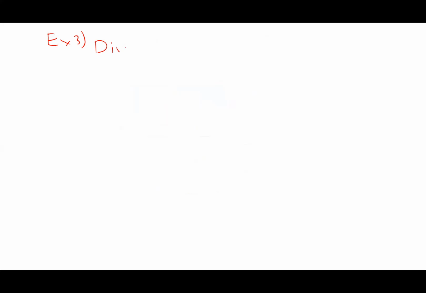Divide x cubed minus 1 by x minus 1. Okay, got ourselves a little problem. I'm missing an x squared in here. I'm also missing an x linear form, right? Okay, what do we do? We still bring in our divisor over here, x minus 1. And as we put in our dividend,